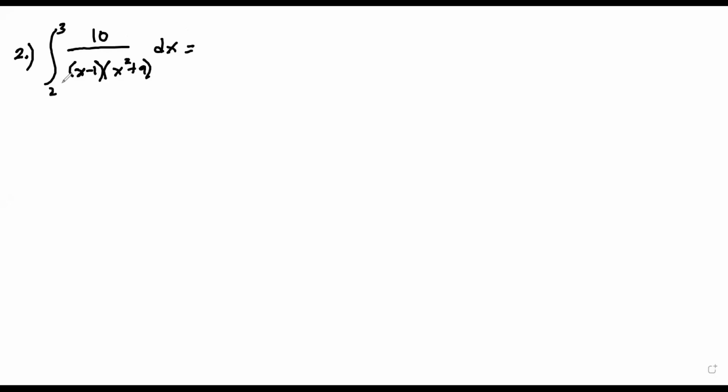So the factors are distinct, right? And one of the factors is quadratic. So we'll have, using case 3,